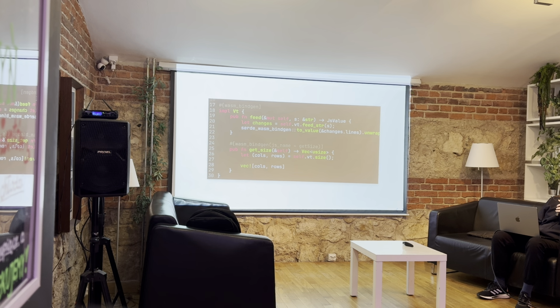A few things to note here, like the feed method. This is the method which feeds some data into this terminal emulator, and by doing that, it updates its internal state and updates the virtual screen grid, the screen buffer. This feed_str